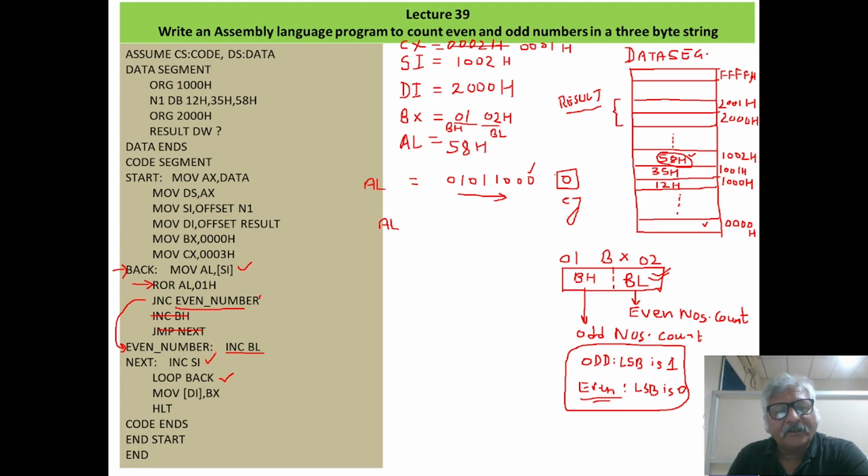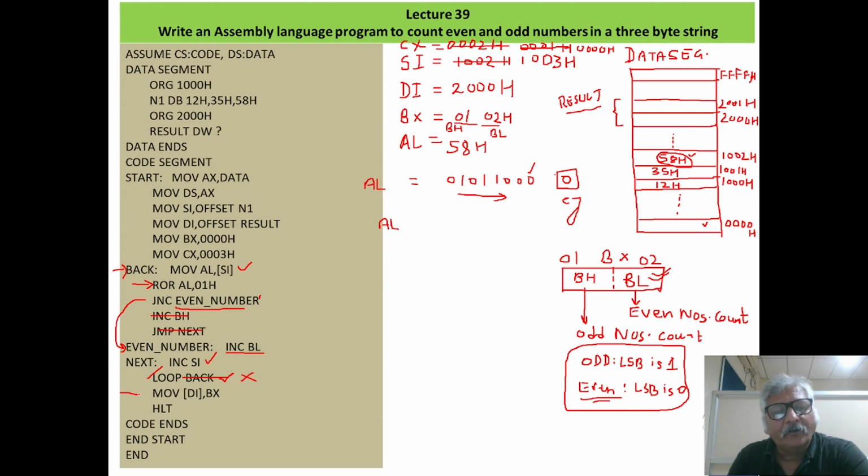After this INC SI, so SI will become 1003H. After this LOOP, CX is decreased by 1, so CX will become 0000H. So if CX will become 0, then don't go to the label back.